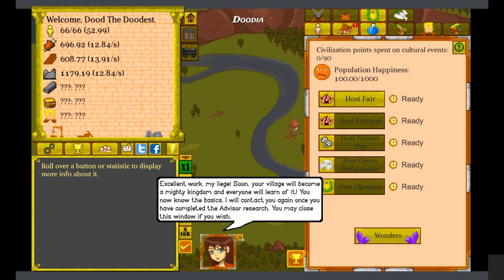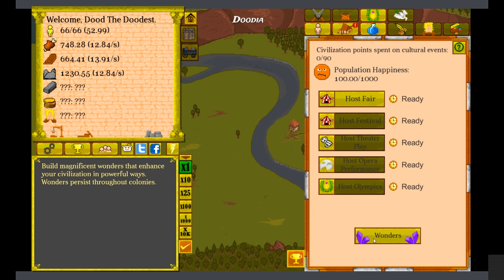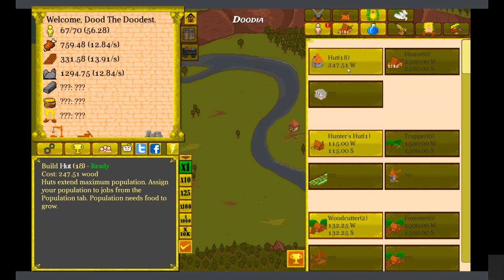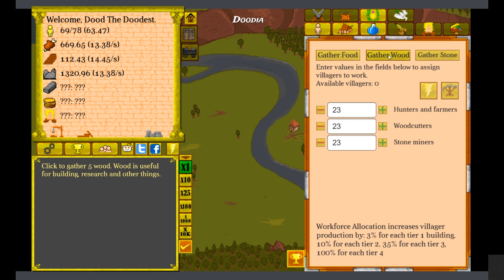You now know the basics. I will contact you again if you've completed the advisor research. You may close this window if you wish. I mean, what else am I going to do here? Alright, cool, so I can make more huts and stuff. Let's make a ton of huts, and let's start gathering a ton of wood, because what else am I going to do here? Luckily, since I gather more because of the use both hands,